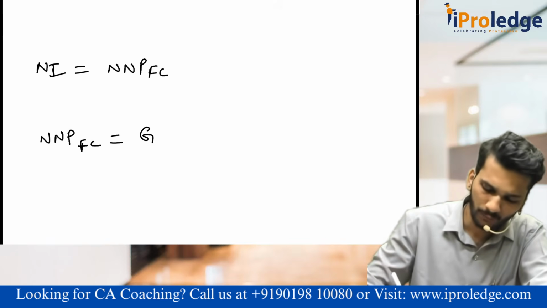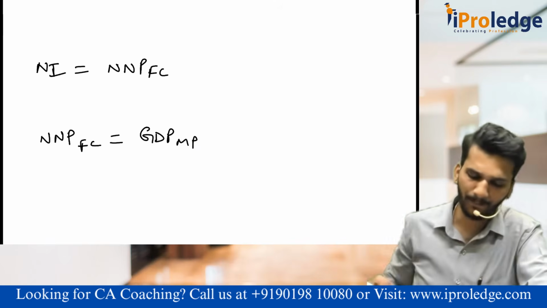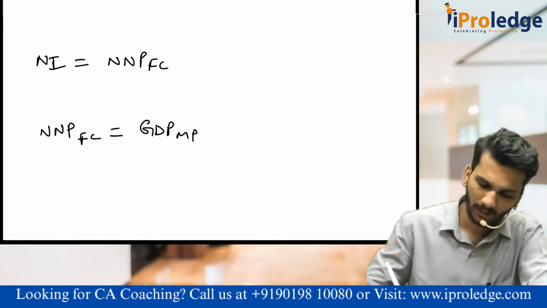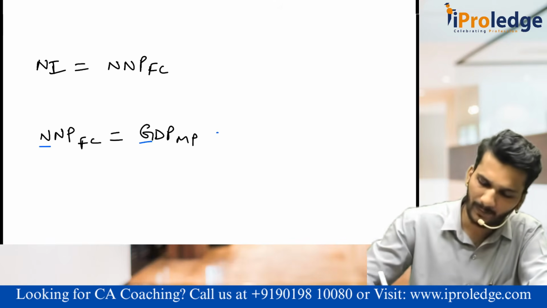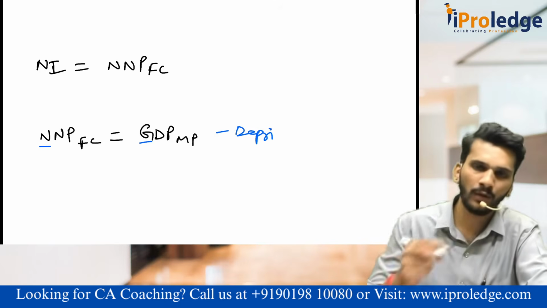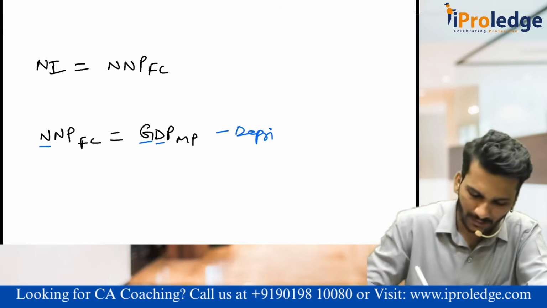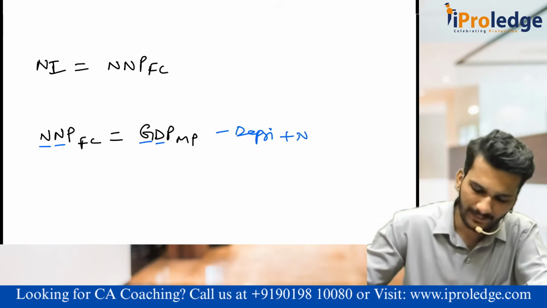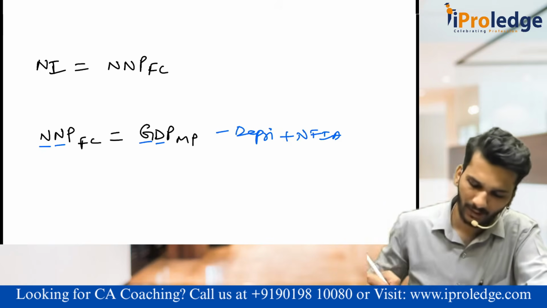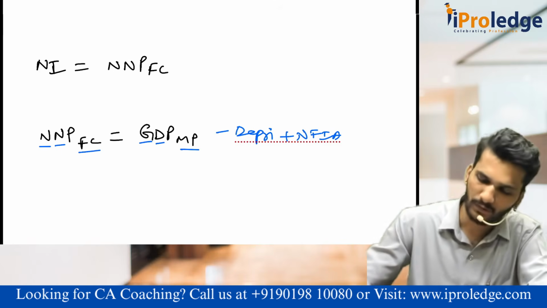NNPFC equals GDP MP. Now what do we have here? We have gross, we need net. That means minus, try to recollect the things which happened in the last class, depreciation. We have domestic, we want national. That means plus NFIA. We have market price, we want factor cost, minus